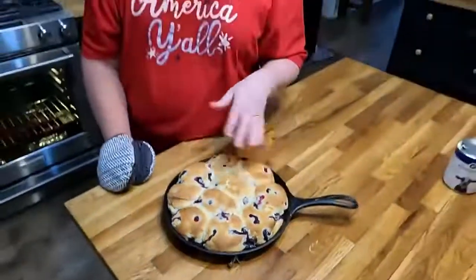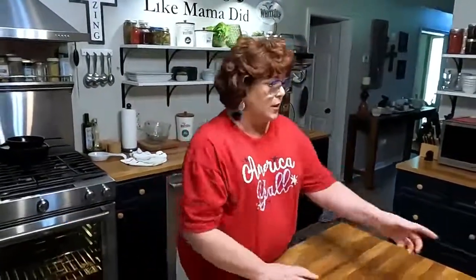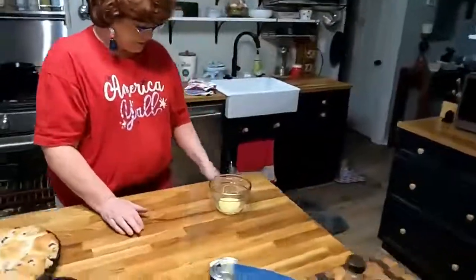Now, if you use an aluminum pan, they're actually going to get crunchier on the bottom than if you use cast iron. Cast iron does not really get them quite as crunchy on the bottom typically. So we are going to mix us up some delicious glaze. We're going to be using